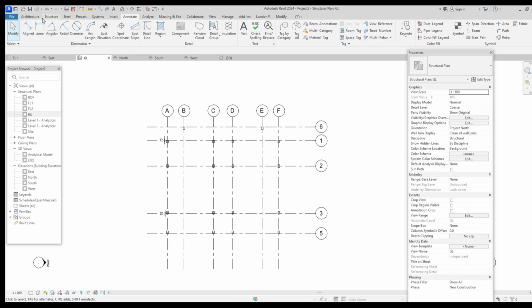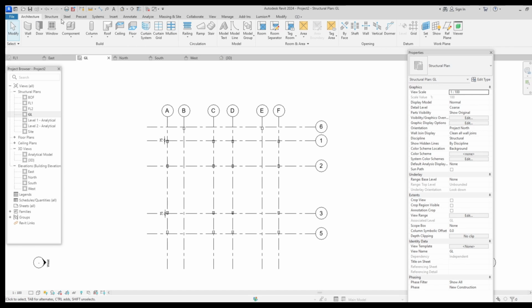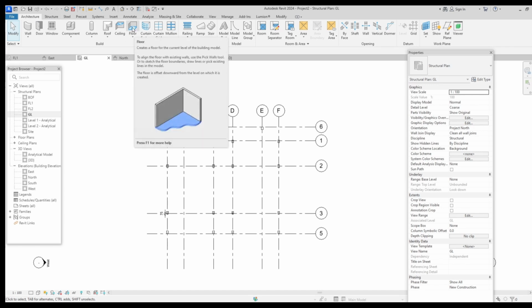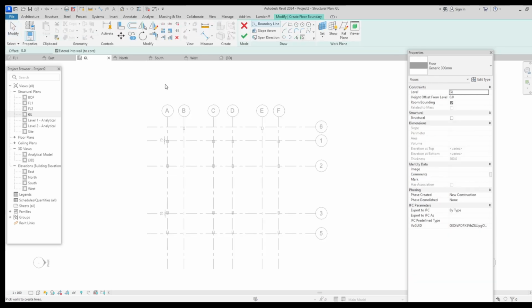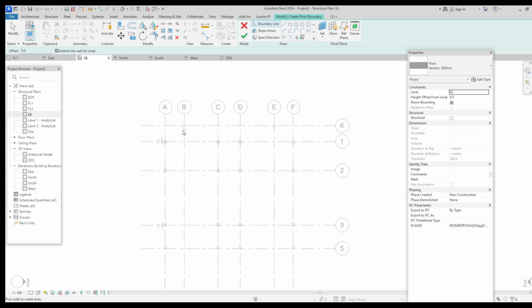Okay, we go on the architecture tab. We can simply click on the floor part here. Simply left click in order for us to bring the command for the slab. Now I want to put a 100mm slab, so I'm going to create a new thickness of a slab which I'm going to place there. So I simply go on edit type,